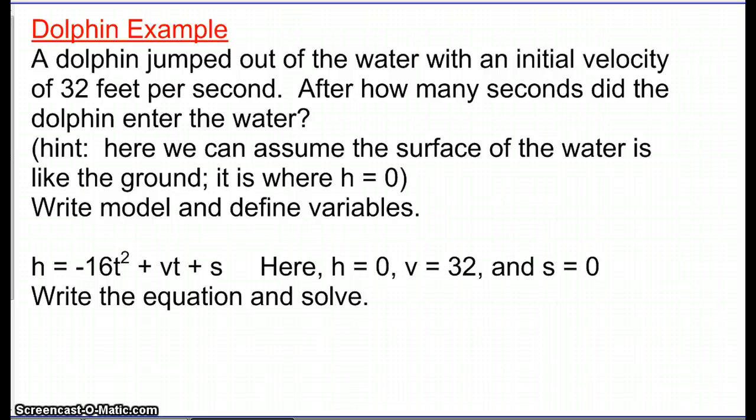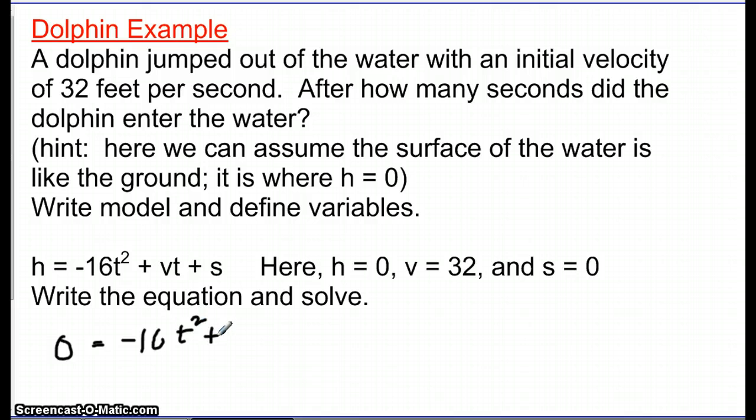Here again, h is 0. We want to know when he hits the water. That's when h is 0. The initial velocity is 32. That's given to us in the problem. And s equals 0 because he started in the water. Write the equation and solve it. Here we should put 0 equals negative 16t squared